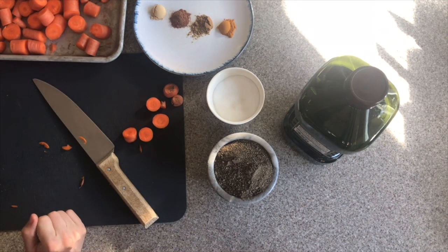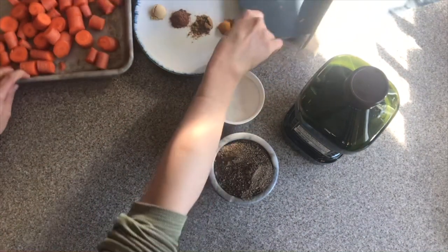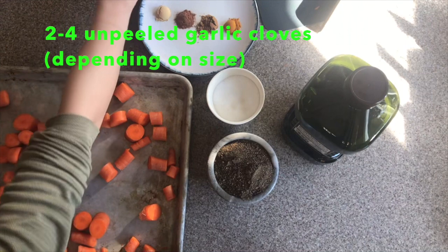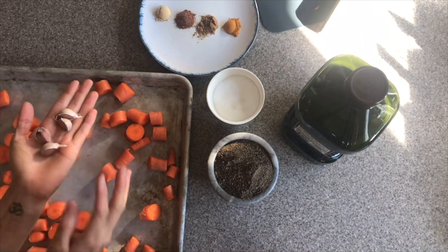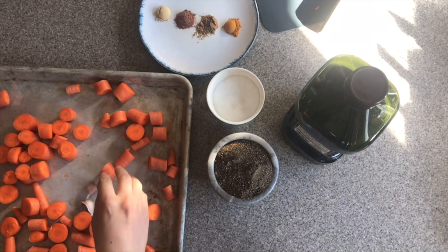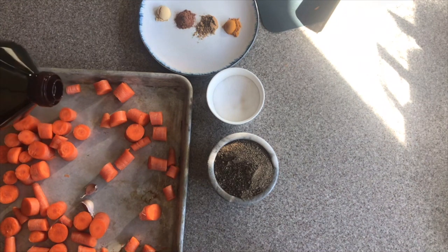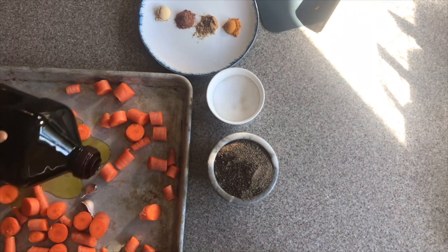Okay, so now I have my carrots on the tray here. I'm going to swap this out. And to this tray, I'm going to add 2 unpeeled garlic cloves. Now the garlic that I'm using is a little bit small, so I chose to use 4 cloves of garlic, but it's really only 2. But they're unpeeled. And I'm also going to add a tablespoon of olive oil, tablespoon-ish,